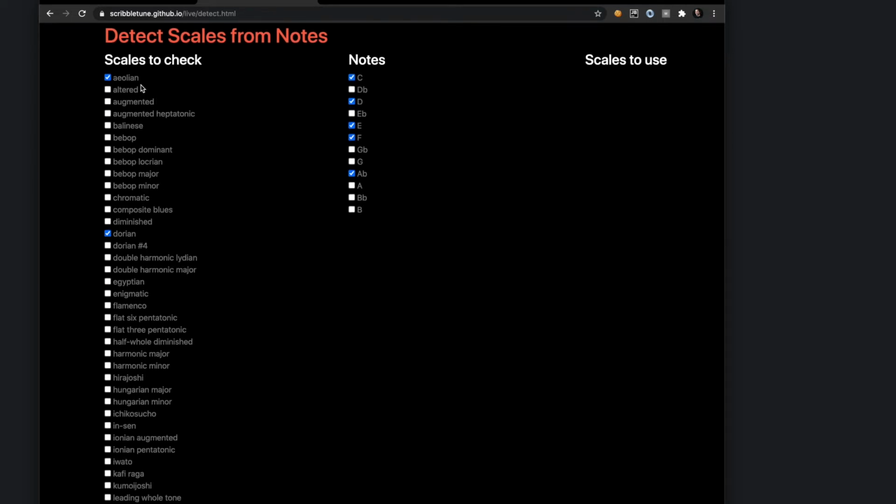So I will create 100 arrays for the key of C, all these scales, and then I'll run a loop on each and every one of them to see if this C, D, E, F, and A flat exists on that. And then I'll move on to D flat, go over all the scales, again the same thing, and then D, and then E flat, and so on. So as you can imagine, this is a very process intensive kind of issue, and this is a good time to start considering some specific data structures and algorithms to solve this problem.